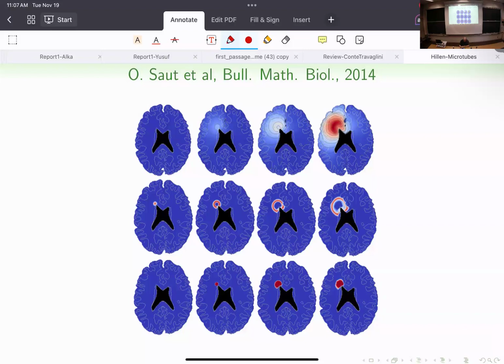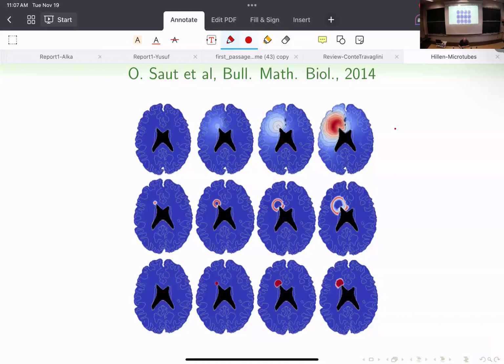So here is a time course as we go from left to right. This compartment here is the growing compartment, and this compartment is the Go. They also include a necrotic core, which I didn't have in my models. Necrotic core just means there's no more oxygen, and so the cancer cells die in the very middle of the tumor. But the Go is clearly leading the invasion, and the Grow is following this invasion, and this can be